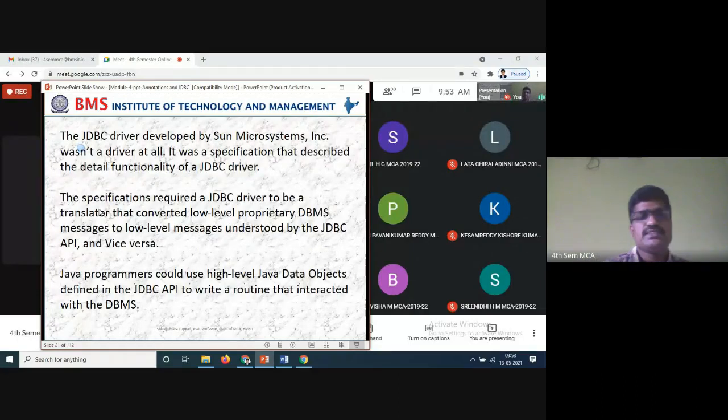So the JDBC driver was developed by Sun Microsystems. The drivers were developed by Sun Microsystems. It was not a driver at all. It was a specification that described the detailed functionality of a JDBC driver.